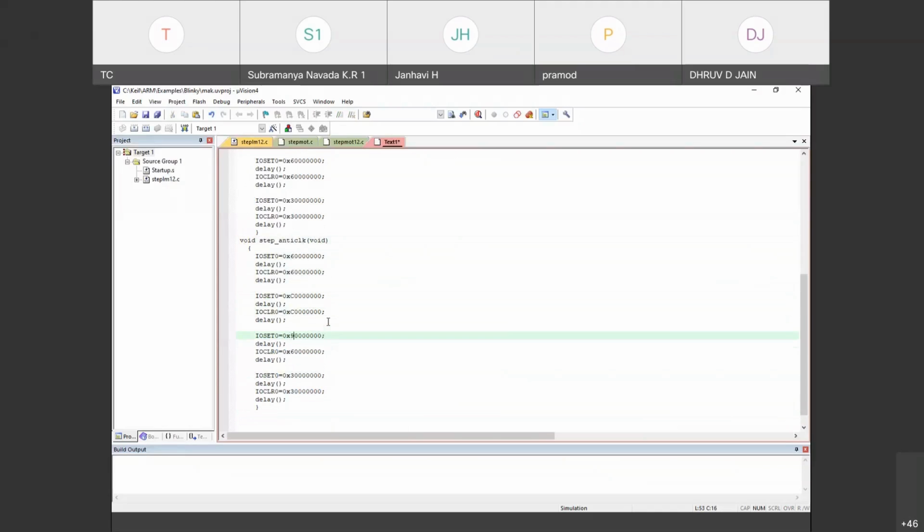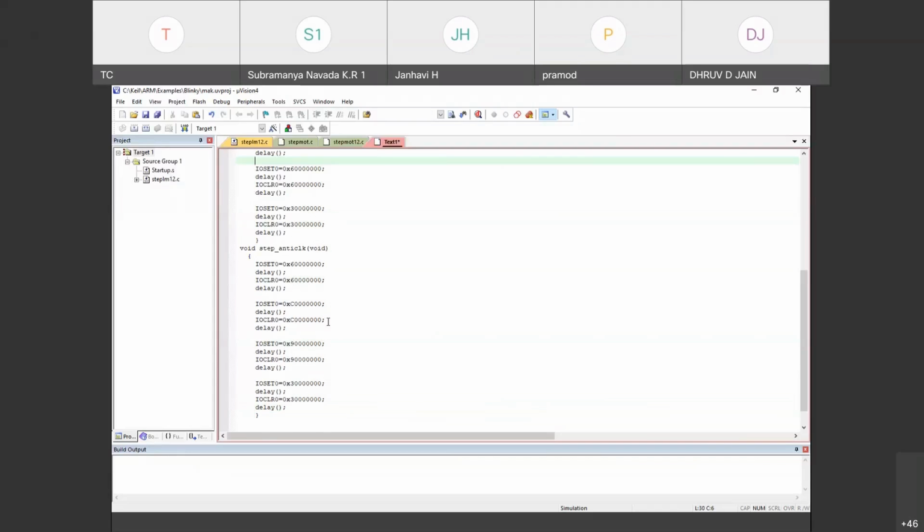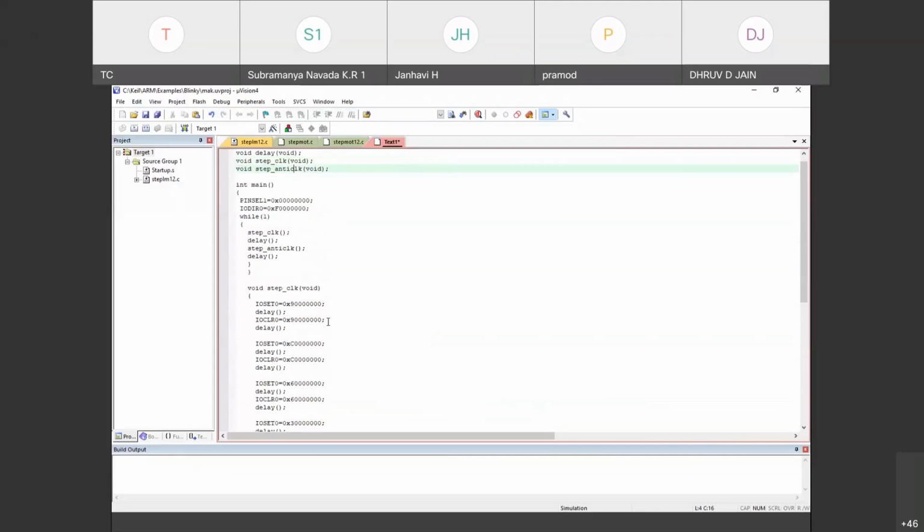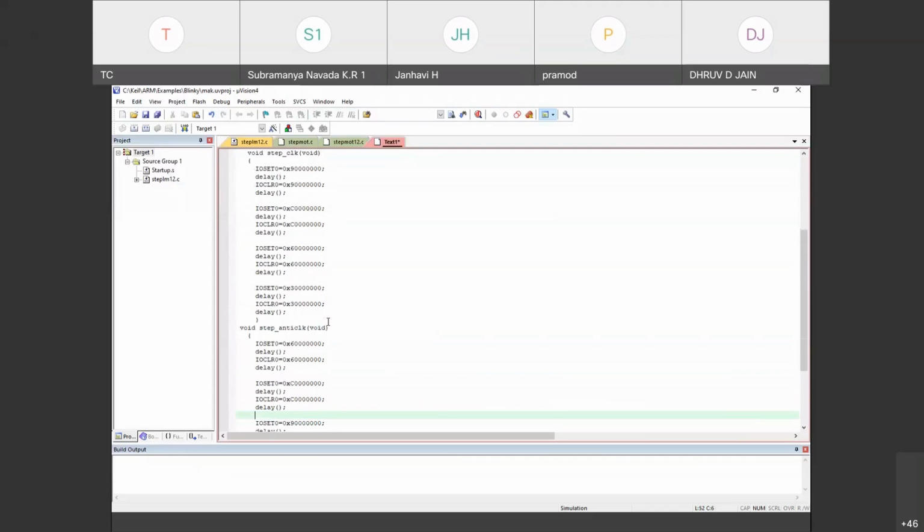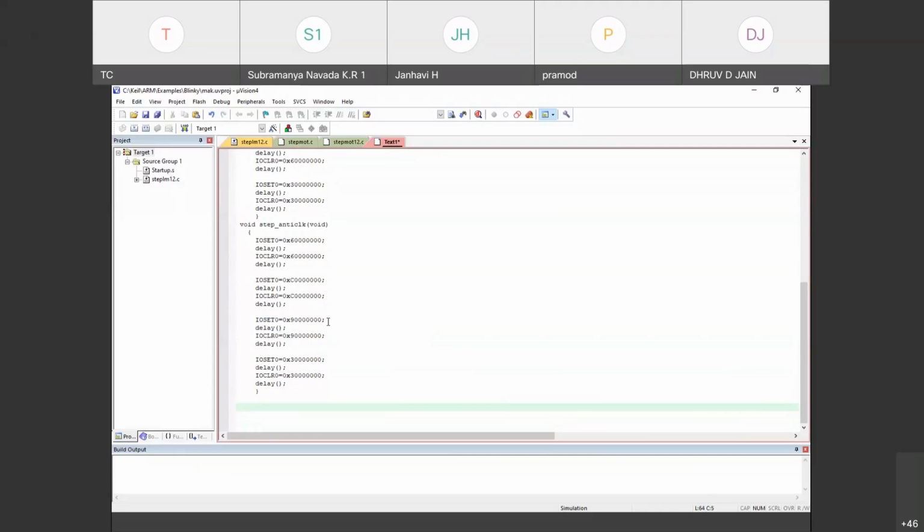That's it. I changed only the direction. Okay, 6C 93. So you cross check anti-clock, clock. I'm just calling these two, and at last I am declaring the delay. So I need a delay code for this. Correct. So what is the delay?